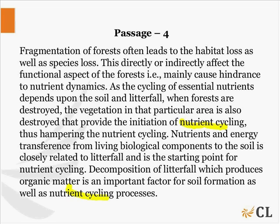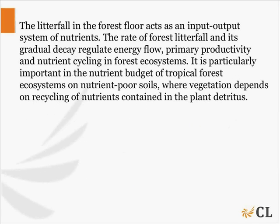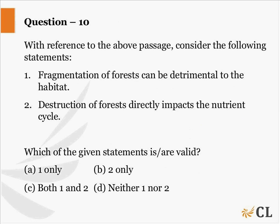ठीक है, तो soil और litter fall दोनों के ऊपर डिपेंड करता है। और मेरा ऑप्शन क्या कह रहा है मुझे? डिस्ट्रक्शन ऑफ फॉरेस्ट डायरेक्टली इंपैक्ट्स द न्यूट्रिएंट साइकिल। तो डायरेक्टली इंपैक्ट तो उसको नहीं कर रहा है वो, ठीक है। सो मेरा आंसर क्या होगा इसका? 10th का अल्फा, यानी कि सिर्फ पहला वाला सही है, 1 वाला सही है।